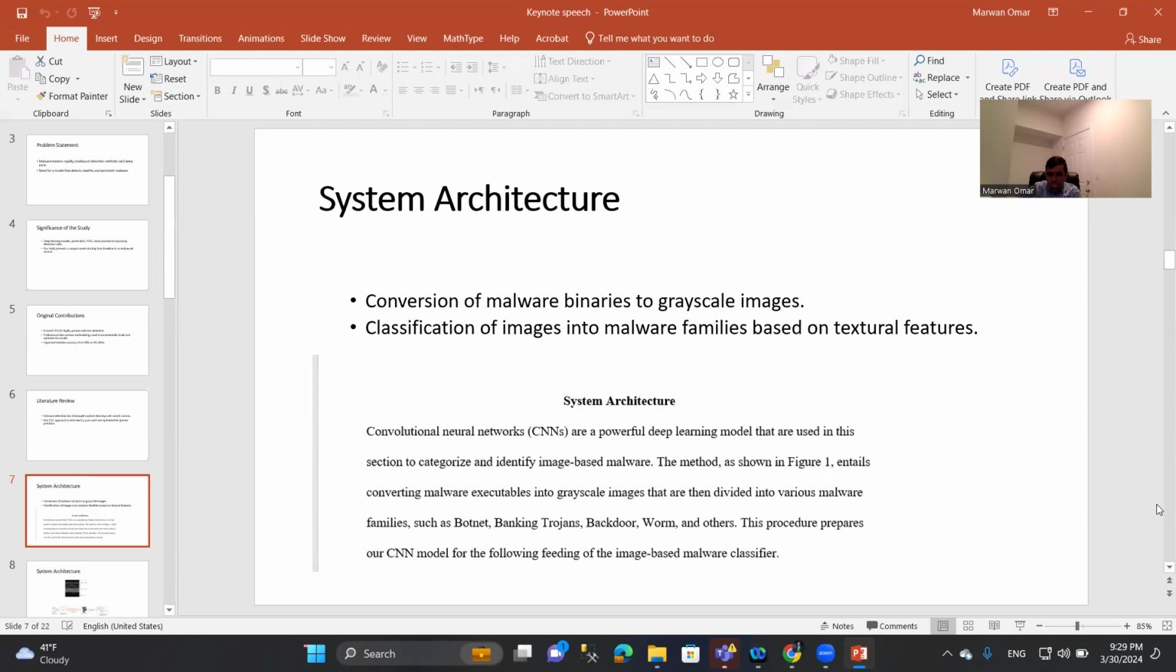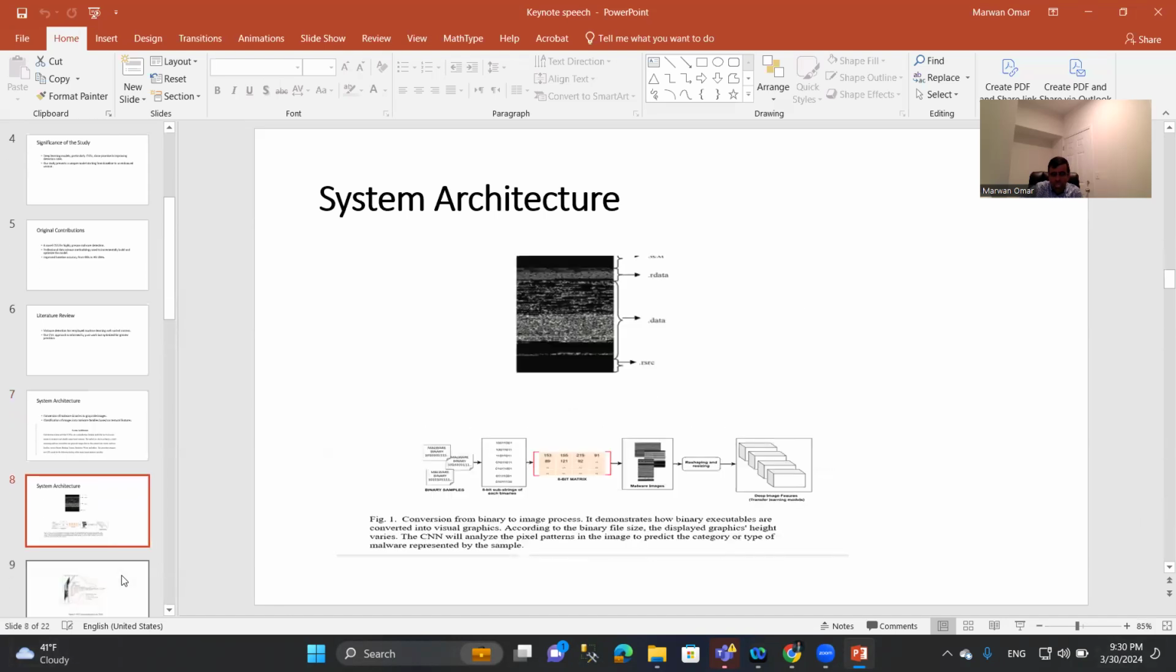The method, as we have shown, entails converting malware executables, such as Windows executables that are known to be malware, into grayscale images that are then divided into various malware families, such as botnet, banking trojans, backdoor, worm, and others. This procedure prepares our CNN model for the following feeding of the image-based malware classifier. So we have an image-based malware classifier, and here's the figure. If we zoom in here,